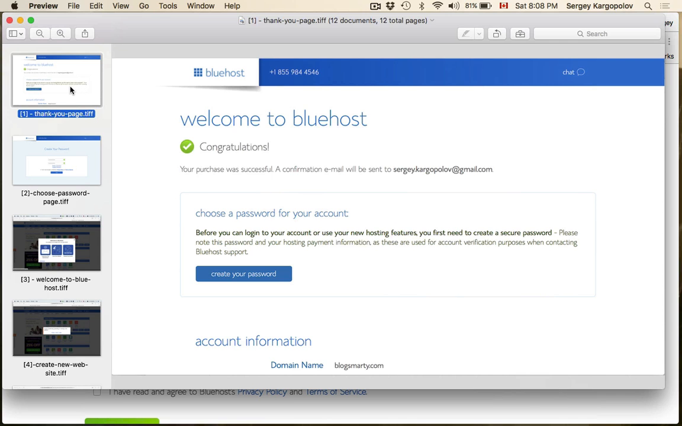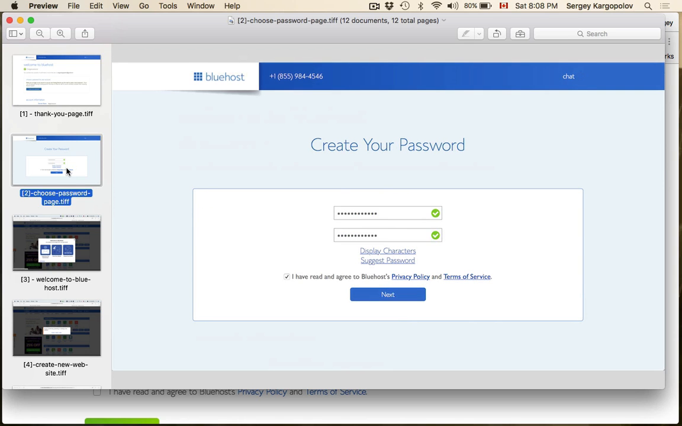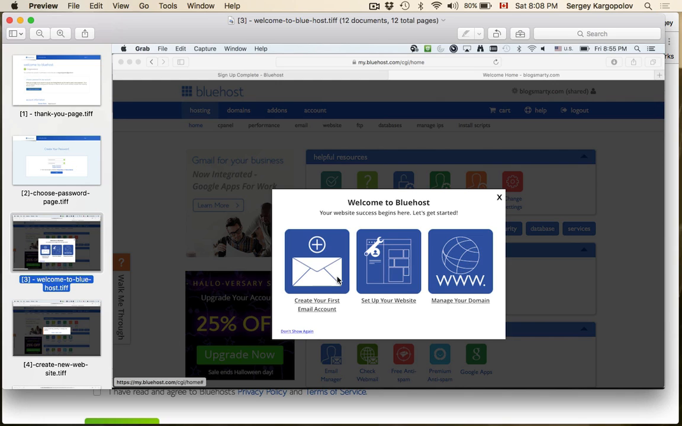So the next page will be this Welcome to Bluehost. Congratulations, your purchase is successful. You still need to create a password. At this moment, Bluehost did not ask us to create a password. So click on this button, create your password, and please take note of this password because you're going to be using it. Once your password is created, like the next screen, I've typed my password and then I continued,